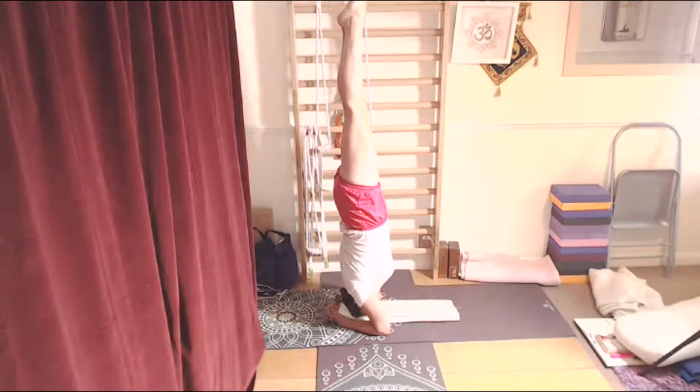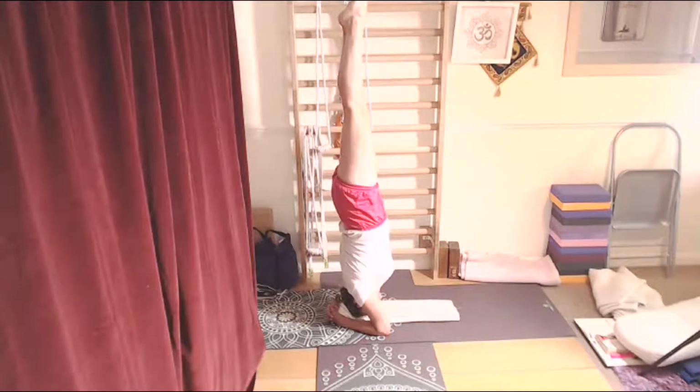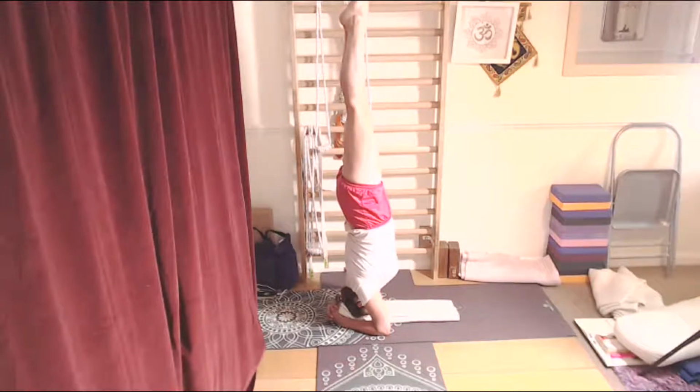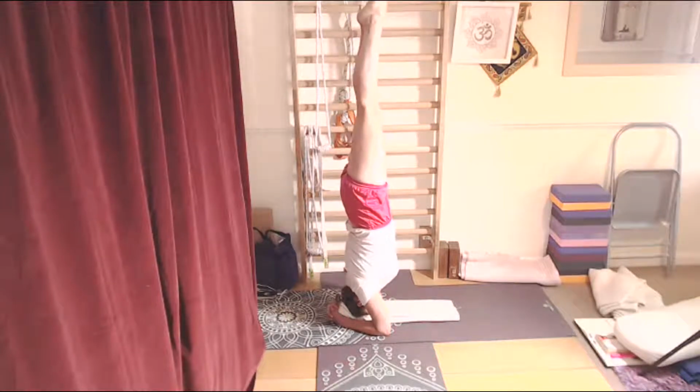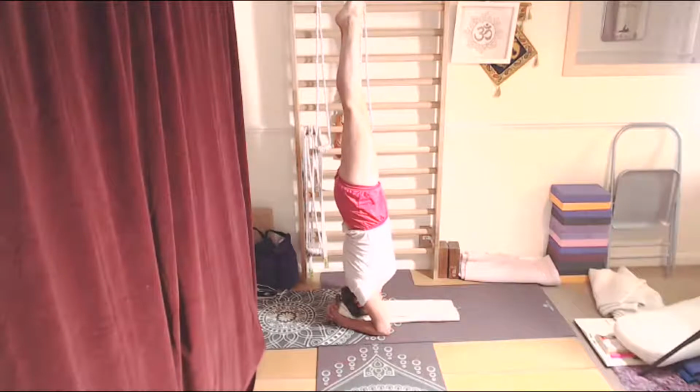So keep the eyes level, so you're not looking at the floor, you're looking straight ahead, unless you have a medical reason for looking elsewhere, but generally the eyes look straight forwards, not down to the floor. And be aware that as you press the arms down, it gives you the access to lifting the shoulders up. But there is some weight on the head, and as you get more experience, there's more weight coming to the head, especially when you take the